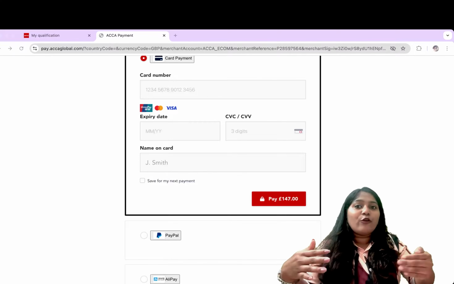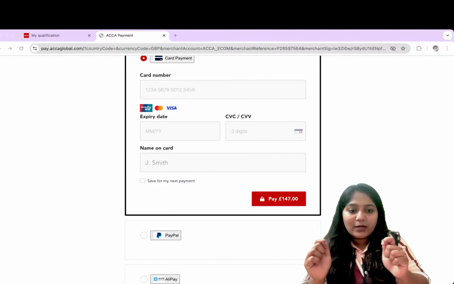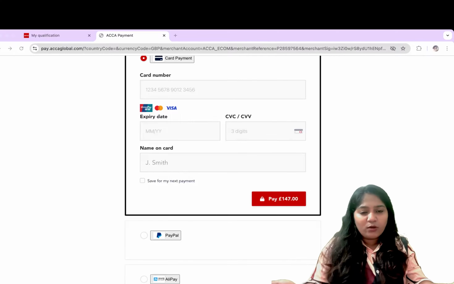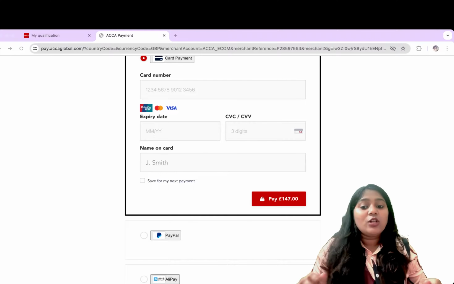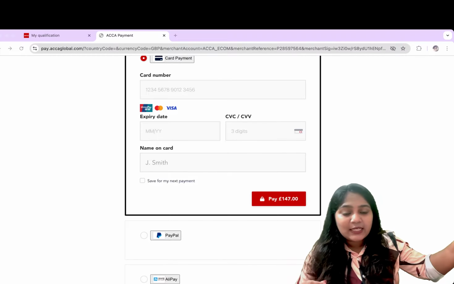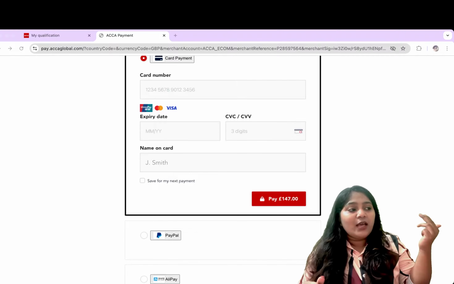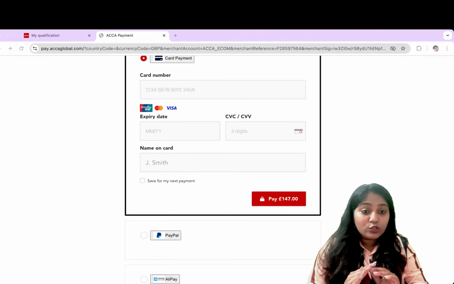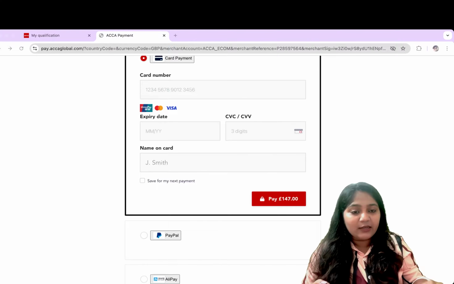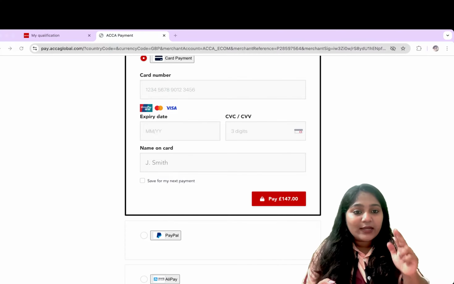So 14 days before your examination is when your docket will get released. Docket is nothing but an admission card, like an admit card, or maybe a hall ticket in layman's terms, if you want to know. So this would be the entire procedure to book an examination. To go to the examination, you have to carry your stationery and one good ID proof. If you think the photo on the ID proof is not so great, then I would suggest you to keep two ID proofs, and your docket should be signed. So your docket, stationery and your ID proof, these are the three things that you can take inside the